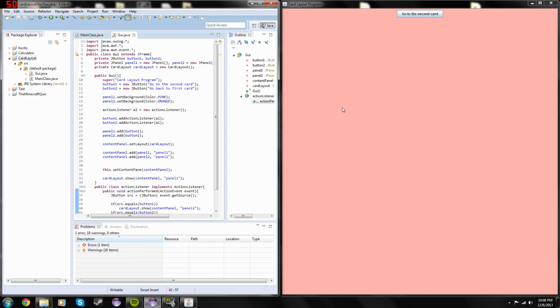It's the one with all the components, and it's a panel, or a container, as it's referred to in CardLayout. It's a container where you can store all of your pages. So this is page, or panel 1. Remember, on panel 1, over here, we said panel 1 to add button 1, and button 1 is go to second card. And here's button 1. So we're seeing page 1. Now if we click on this,